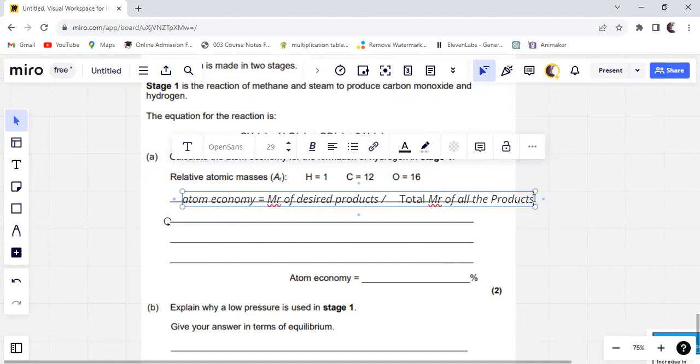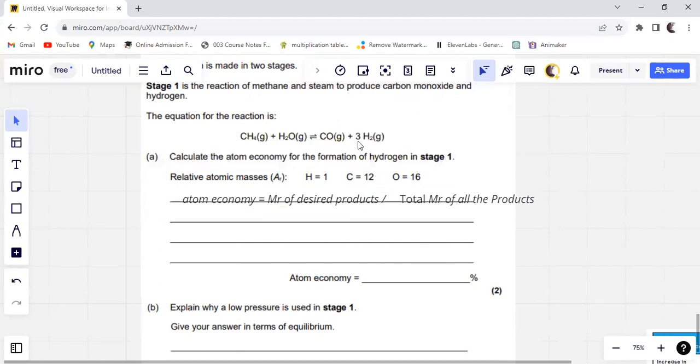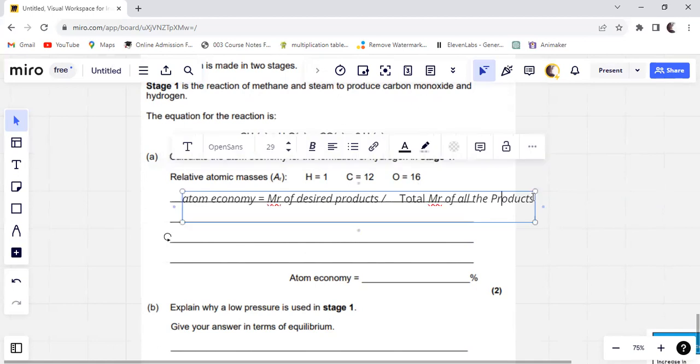My desired product is obviously hydrogen. In this equation, you can see we have got 3 moles of hydrogen, so 3 times 2 is 6. Because hydrogen is my desired product, I will write 6 over here, divided by